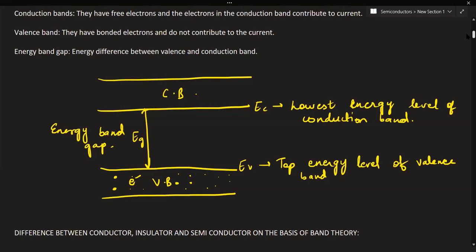Regarding conductors, how are we able to distinguish them from the rest? Conductors have low resistivity. That was regarding resistivity. If you utilize band theory, then what difference does it make? The conduction band and valence band overlap with each other. Either they overlap with each other, or there is an energy gap between the completely filled valence band